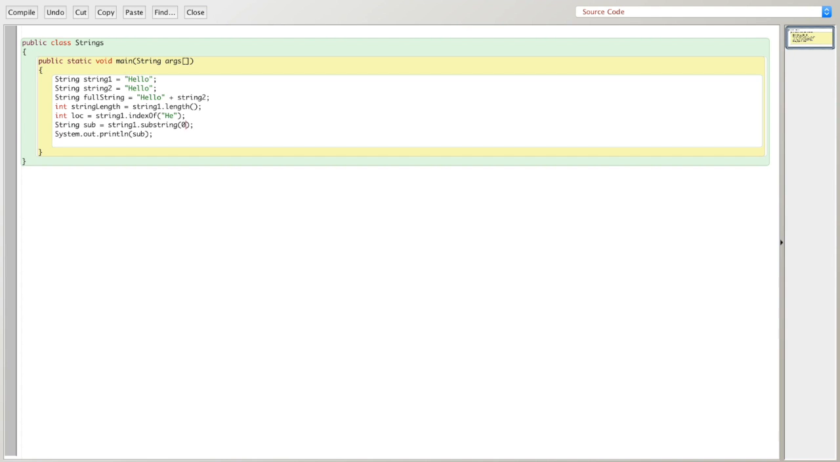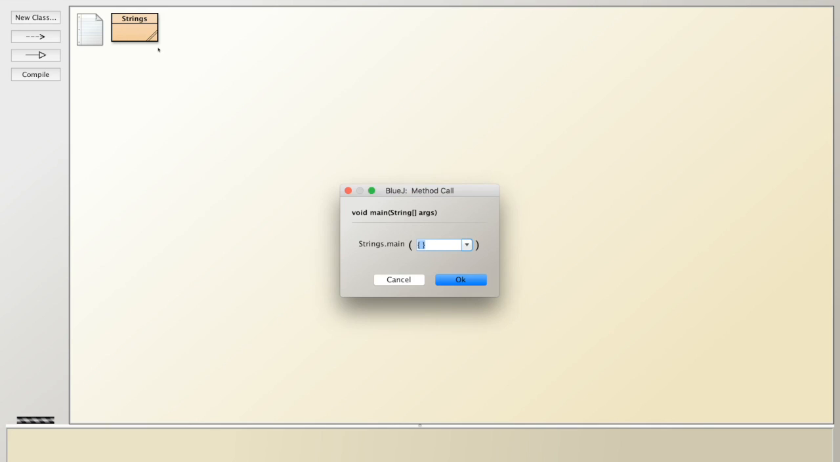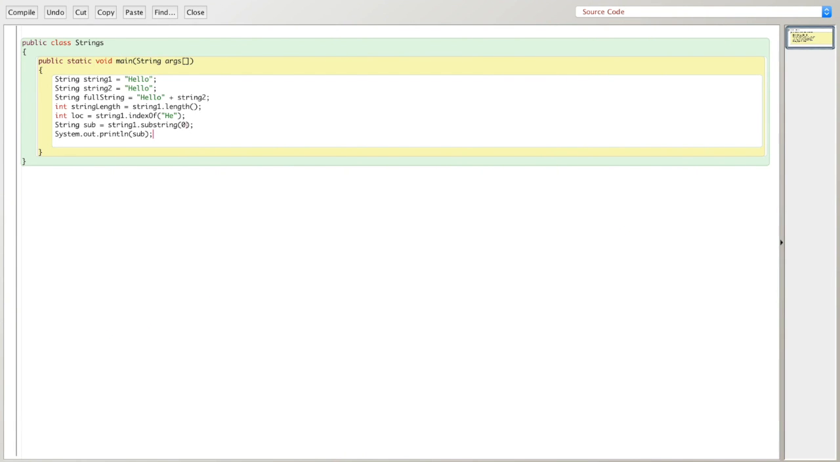And if you just have one value in here, that will go all the way to the end. So here, sub will have the same value as string 1, which is the entire word hello. It goes all the way to the end of that string. But if you put another value in here, it will go up until that index, but not including that index. So if I put substring 0, 1,